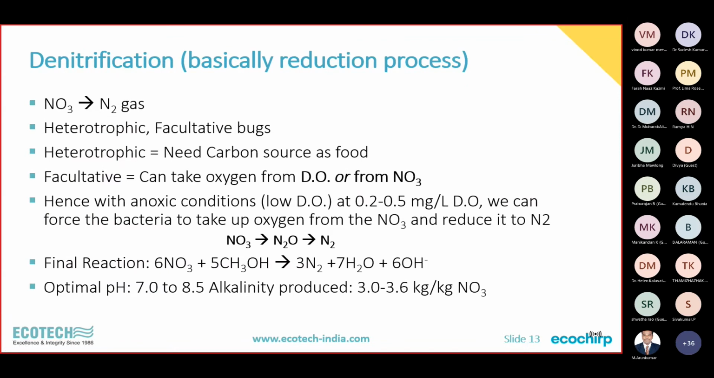Once you have nitrified all the forms of nitrogen to nitrate form, next is the denitrification stage. Nitrate must be removed from the system, and this is done by liberating nitrogen gas under carefully controlled conditions. We use heterotrophic facultative bugs, microbes. Heterotrophic meaning they need carbon as a source of food. Facultative means they can take oxygen either from dissolved oxygen in the wastewater or from the oxygen present in the nitrate. So we have to maintain the conditions in the denitrification stage so that these bacteria selectively utilize oxygen from